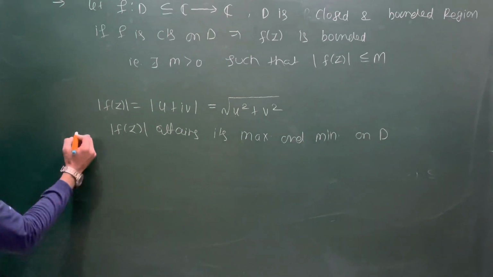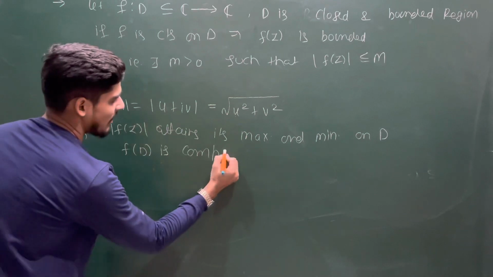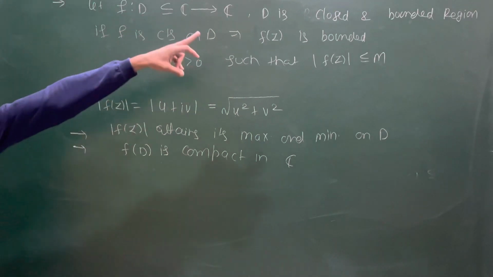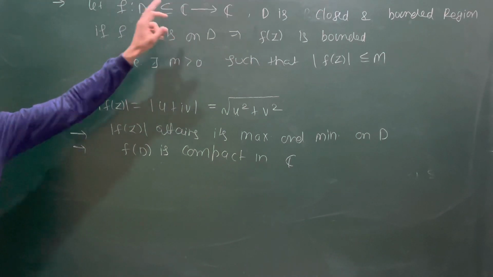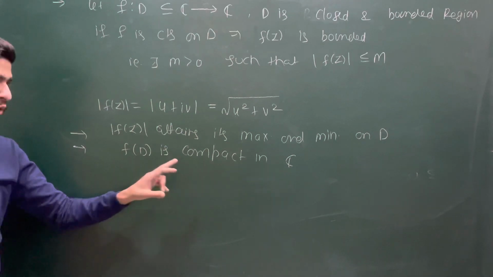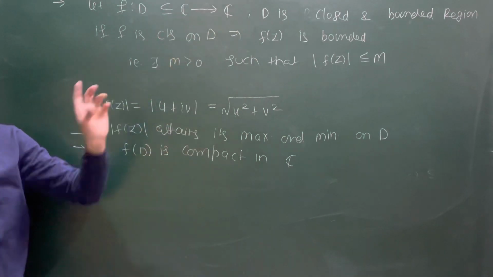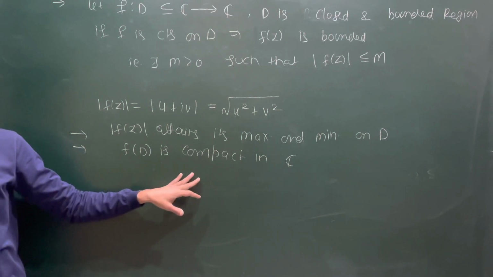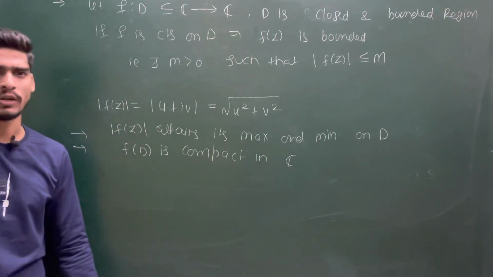Also, one more thing I can say, f of D is compact in C, because D is my compact set now, because it is a closed and bounded region. So this is my compact set in the complex plane, and we know that under continuity the image of a compact set is compact. This I have proved for the real analysis part, but I will skip the proof now, because from the complex part the proof is difficult, but from the topology part the proof is too easy. If you know the definition of compact space with respect to the open cover, you apply this definition, you will get your result within 3 or 4 lines.